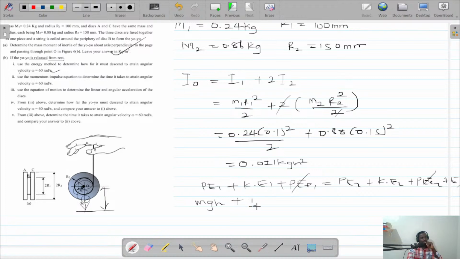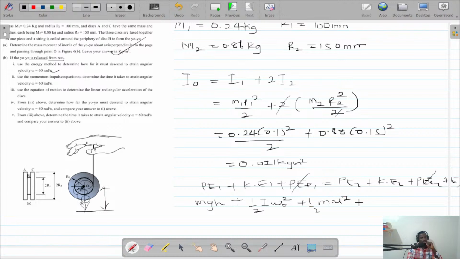You consider the translational kinetic energy and rotational kinetic energy. So half I omega naught, which is initial, squared, plus half m u squared